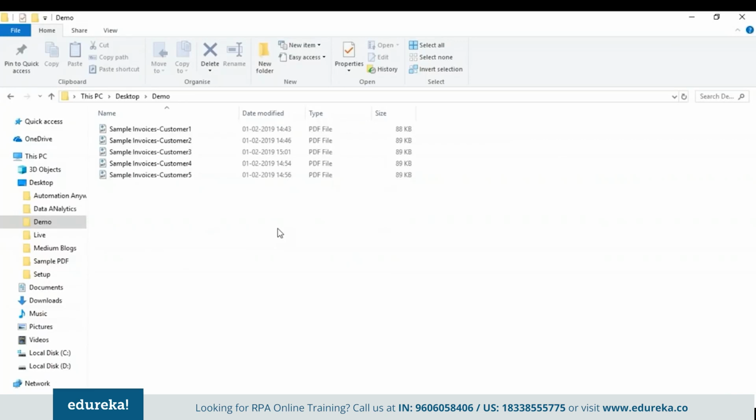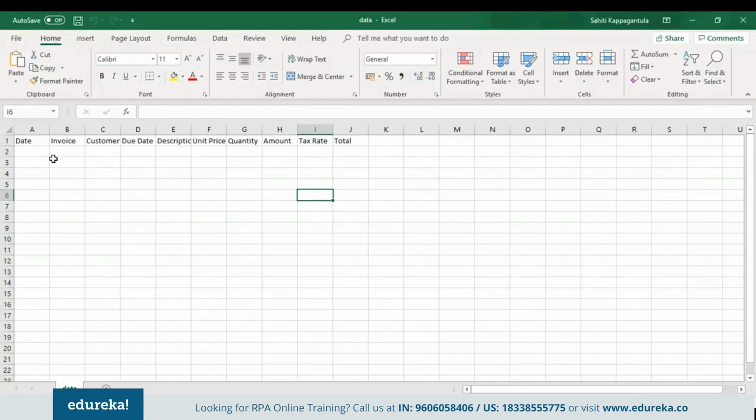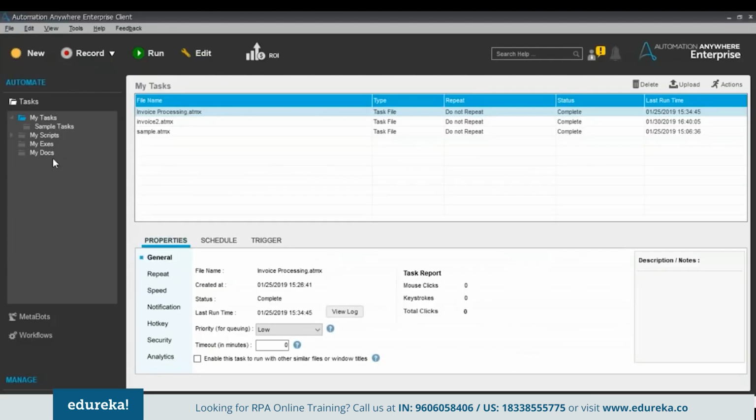So let me just open that folder and show you. And then I'm going to store the data in this particular Excel file, right? So let's see how that happens automatically. So for that, what you'll do is first you'll open your Automation Anywhere Enterprise client, and then what you'll do